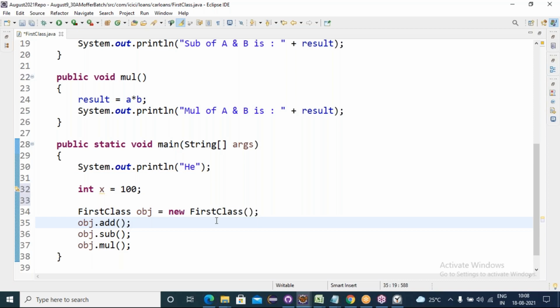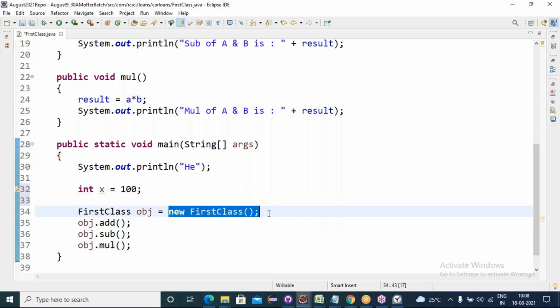See, if you want a house, you can go with a villa or an independent house, or go with a duplex house. House is house. The way of representing a duplex and a villa is different. Yes or no? So an integer object is like this. A class object means this syntax. New class name of. This is a class object. Got it?